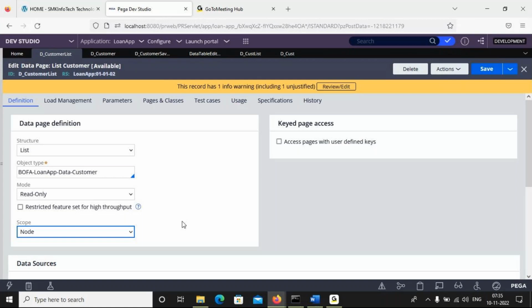The second one: I gave questions. What is the difference between key page access data pages, parameterized data pages, and database scopes also? Please write the questions, so prepare answers for those things. This is the practical and theoretical assignment for you for tomorrow's class.